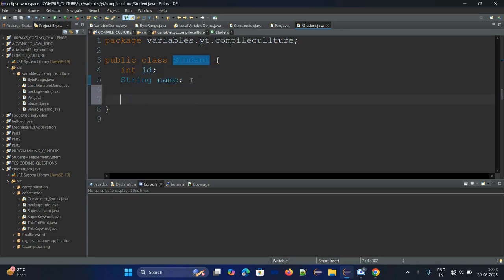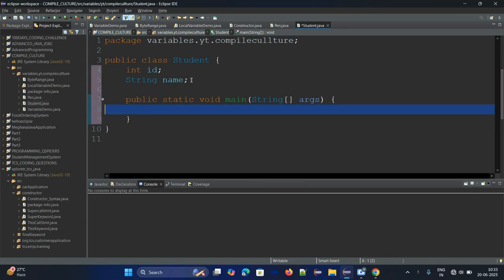We know that execution always starts from the main method. Now I want to take input from the user.